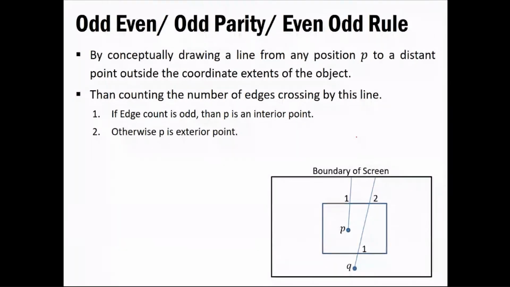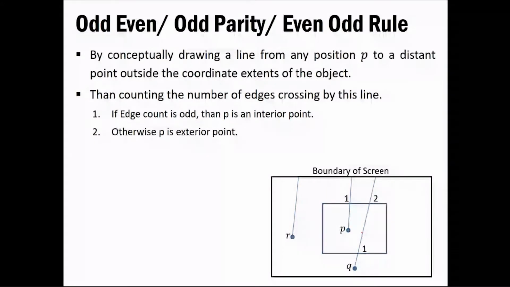Okay, this is one thing that we have, and one more point, that is R. You can consider this also: as we don't have anything that is being crossed by that particular line, we'll say that this is also an exterior point. So that is what you have to keep in mind while working with this odd-even rule, to check whether the point is an interior point or an exterior point.